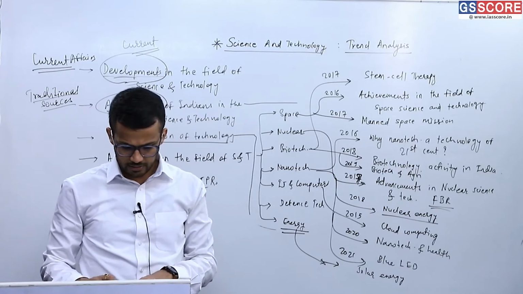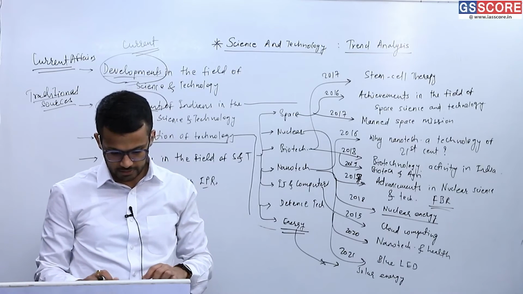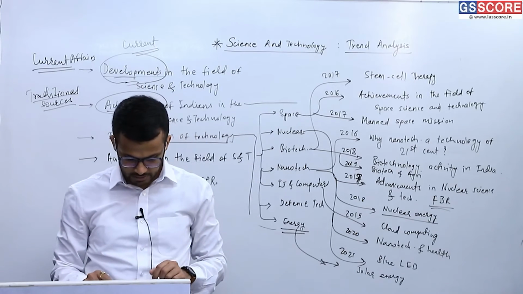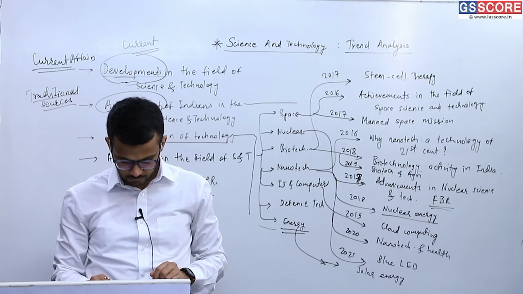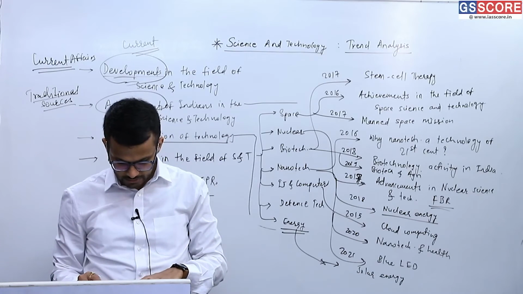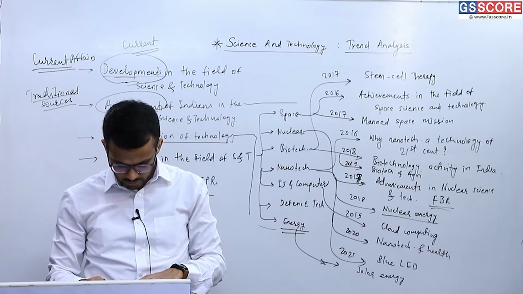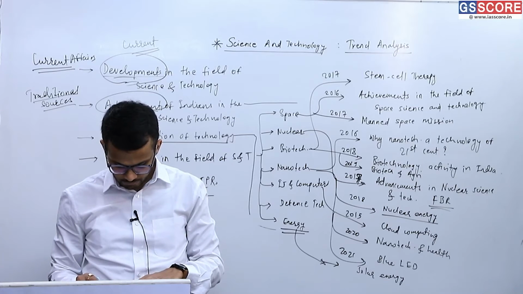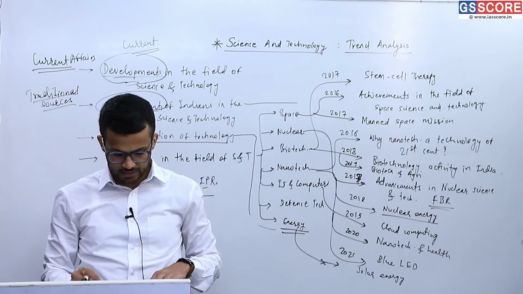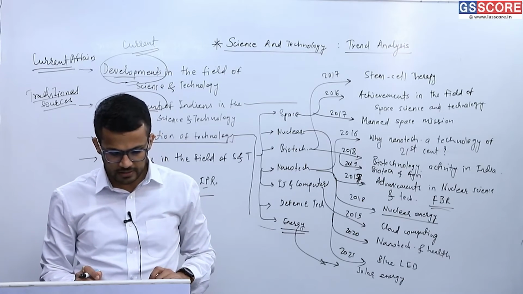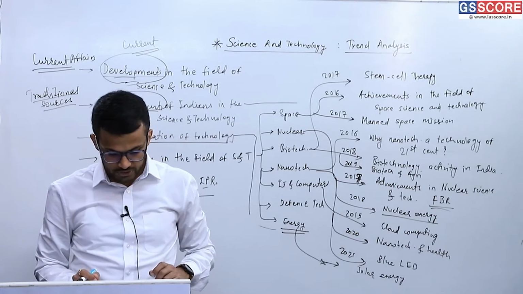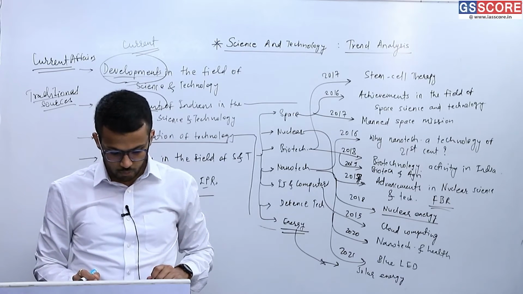And lastly, the last topic is about issues related with intellectual property right. Issues related with intellectual property right. And there was a question that was asked by UPSC in the 2015 mains examination, and the question is: India's TKDL, Traditional Knowledge Digital Library, which has a database containing formatted